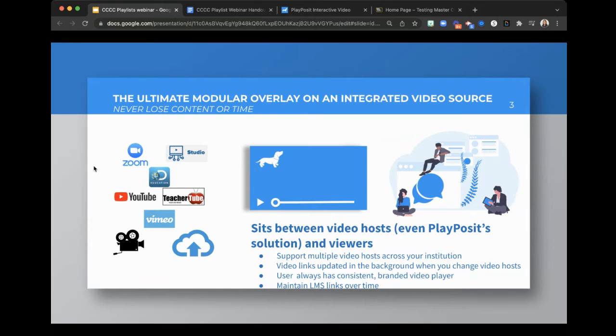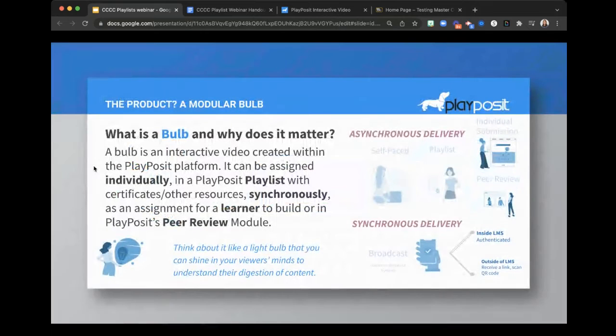The goal is to never have you have to start completely from scratch. Fun fact is that our platform was actually founded by two teachers who created PlayPosit in their classroom about 11 years ago. So their goal, knowing teachers, being teachers themselves, was to make this as easy as possible and modifiable as possible also.